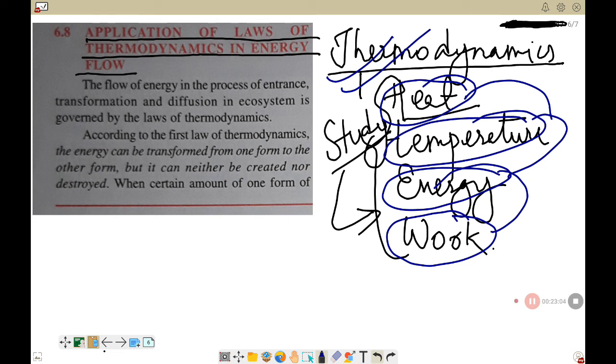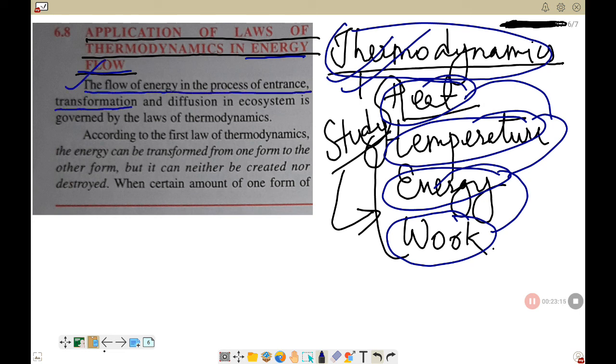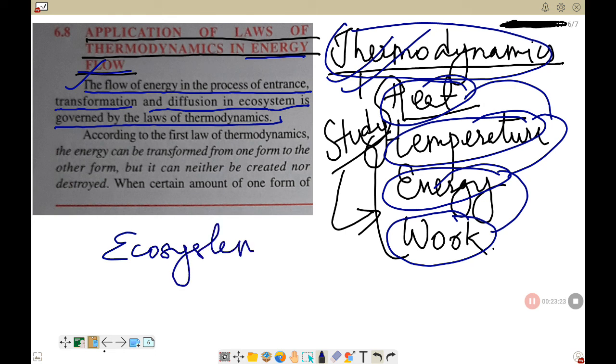So you can apply the laws of thermodynamics when you are learning about the flow of energy, or you can simply say energy flow. The flow of energy, the process of entrance, transformation and diffusion in the ecosystem, is governed by the laws of thermodynamics. So here you see that as the energy enters the ecosystem,